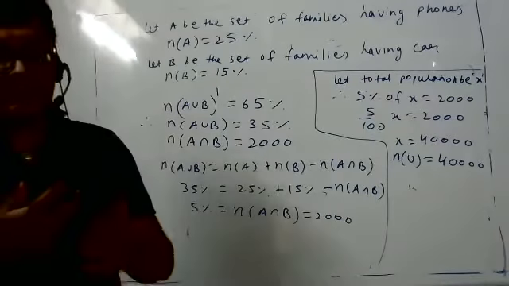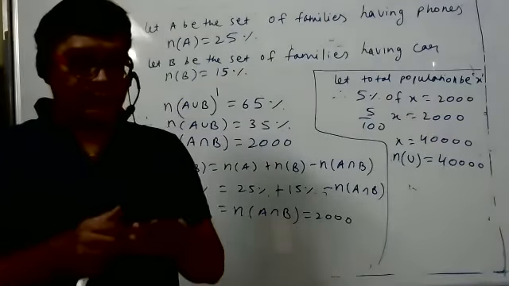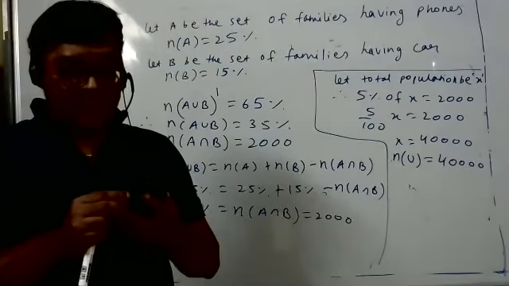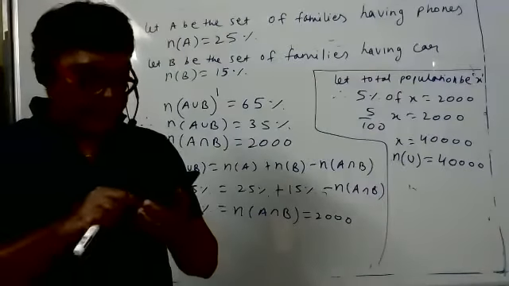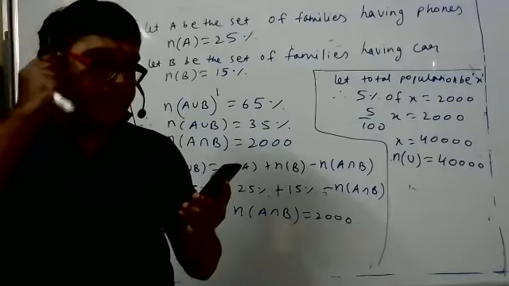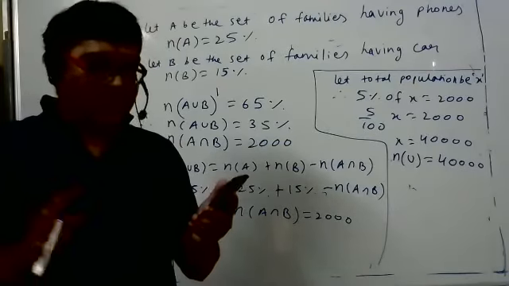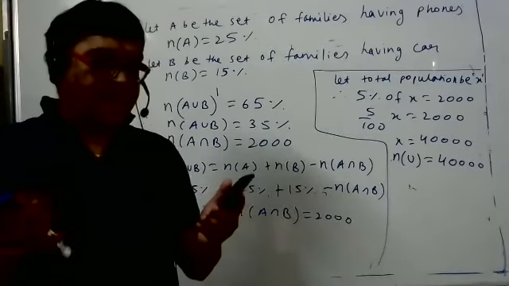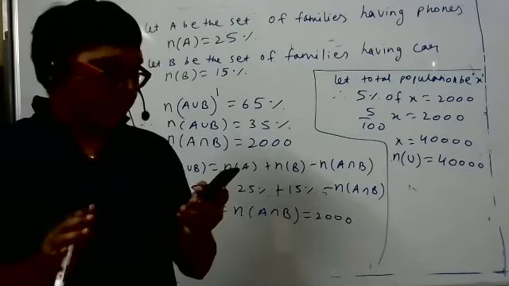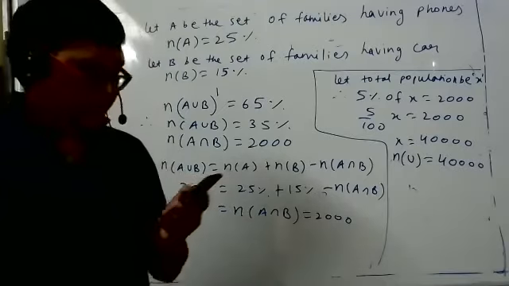A union B means what, student? You forgot the definition. A union B means what? Tell me, the boy who's asking the doubt, he can say the definition. A union B means what? Either A or B or both. Both is understood only. If you say either A or B, that is also enough for A union B. So 35 is correct only, student.